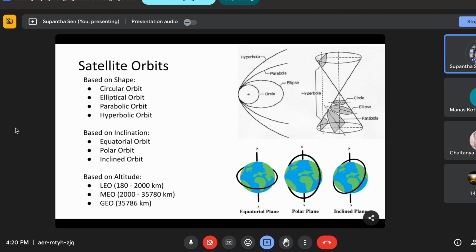Coming to the applications of remote sensing satellites, as I told, the basic concept of an artificial satellite is that we have to view a big region from the sky. A remote sensing satellite is like when you are seeing Google Maps or something. What you are seeing is the map of the whole city. This map of the whole city or whole India is coming from a satellite image.